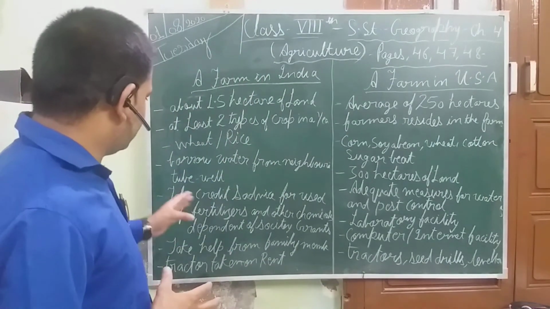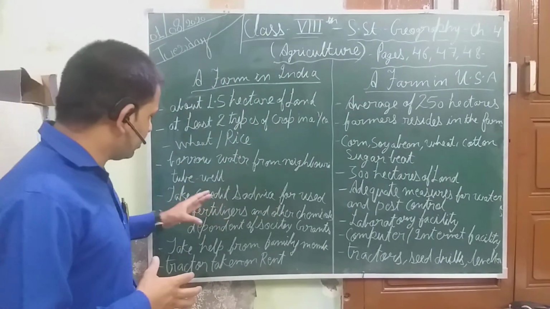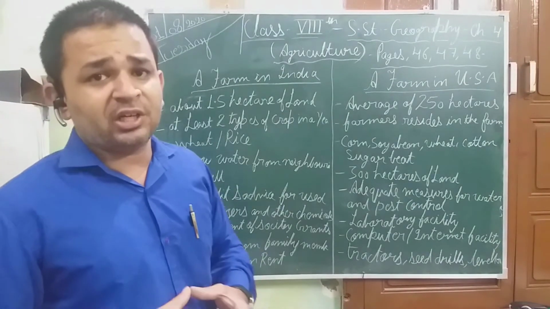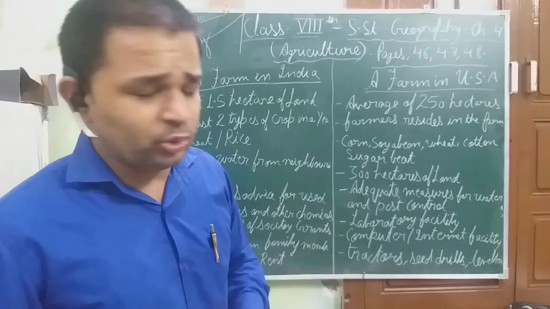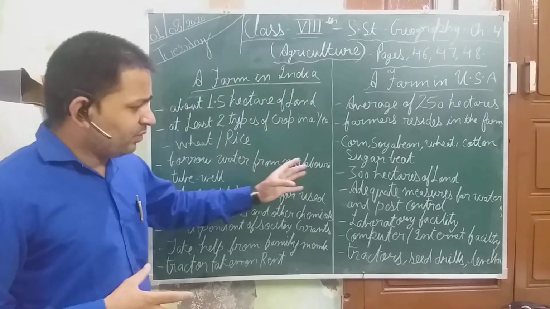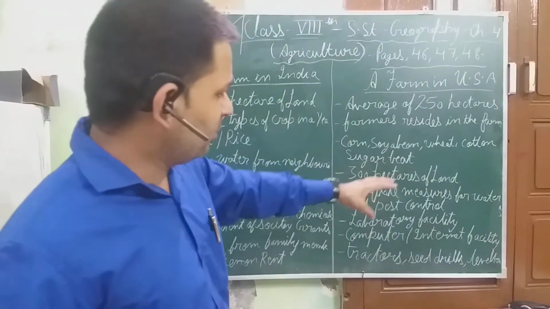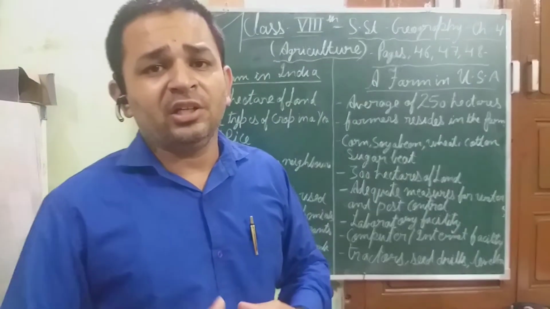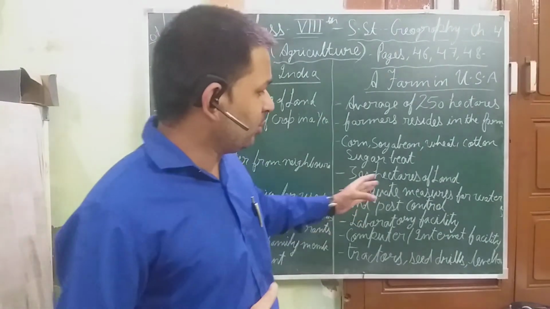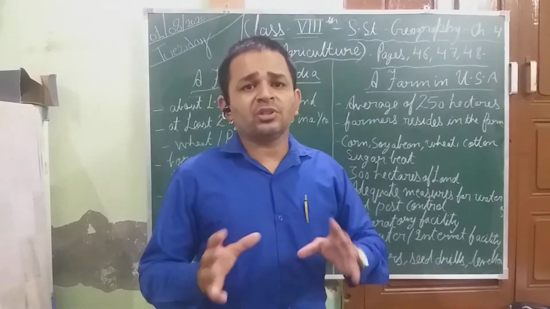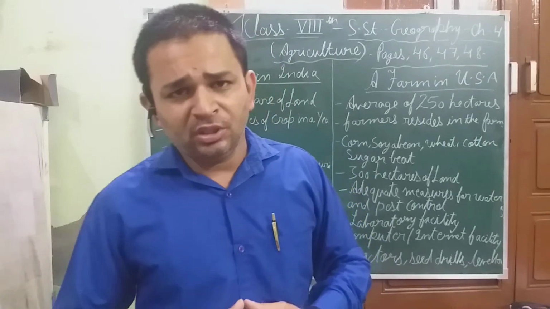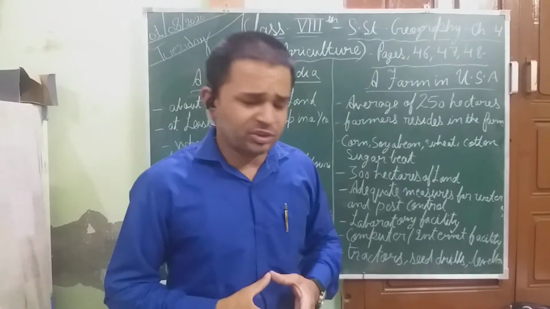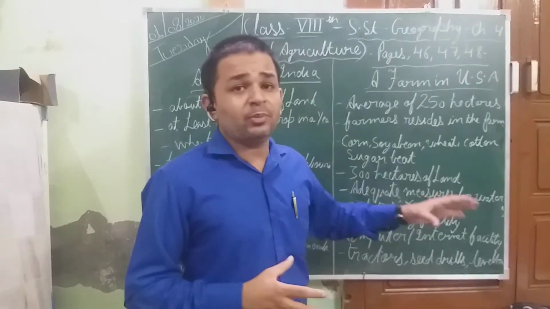Fine. As I have already told you, he has to take credits and advice for the use of fertilizers and other chemicals. He can't straight away go ahead and use those things. Else, if I compare the same scenario with the farmer of the USA, he is highly mechanized and highly technical. He has a computer and a net facility, so he can search online for the best option for his agriculture field, and he can see what scientific measures he can take. There is even a laboratory testing facility.